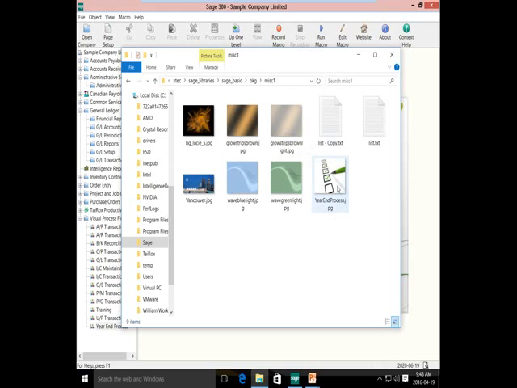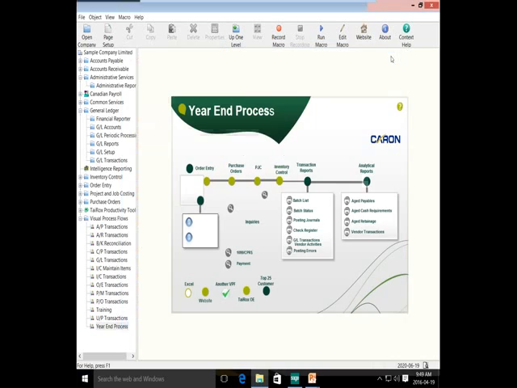I have added this one here, and I've added this one here also. So you can add different images to suit whatever you want. You could add a picture of the company building or whatever you want. So you can add those things to the library. Once you add it to the library, when you go to edit it,